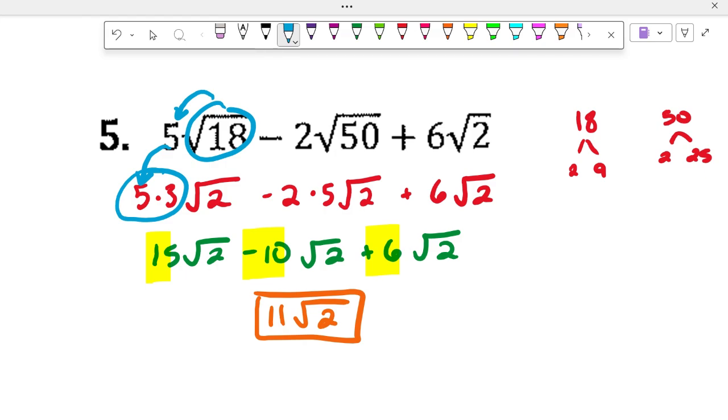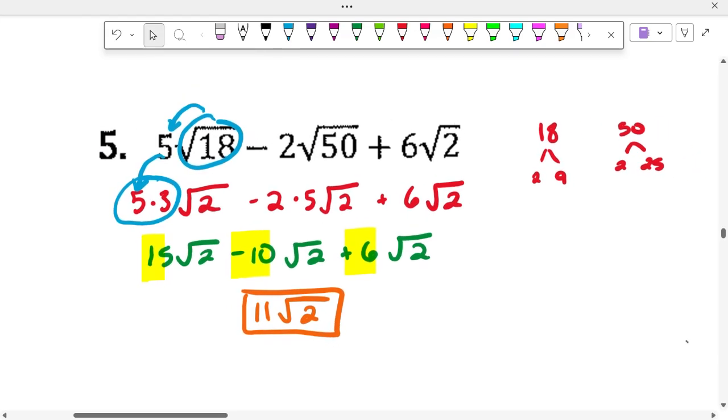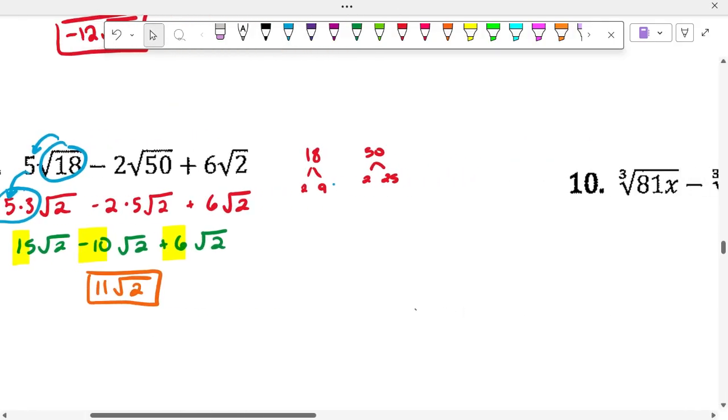I simplify the radicals. So I broke 18 down into 2 and 9. Square root of 9 is 3. Pull the 3 out, left with the 2 underneath. All right. Now,